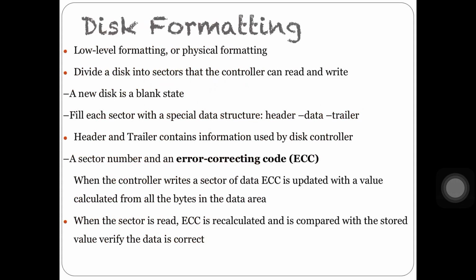So here the ECC is an error correcting code because it contains enough information to tell that only a few bits of data have been corrupted. Now you will come to know what bits are corrupted, and you can make changes to only those bits and recover your data which has been corrupted. The controller automatically does this ECC processing whenever a sector is read or written.